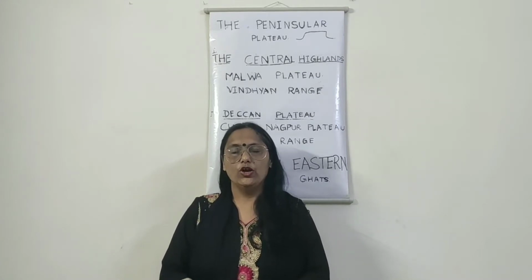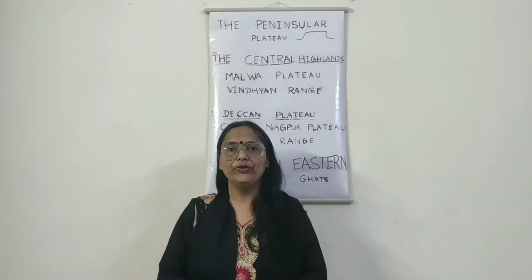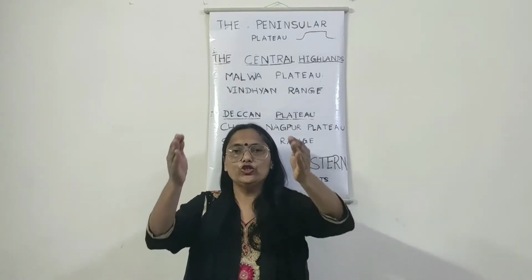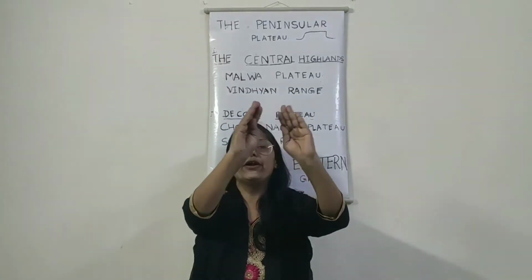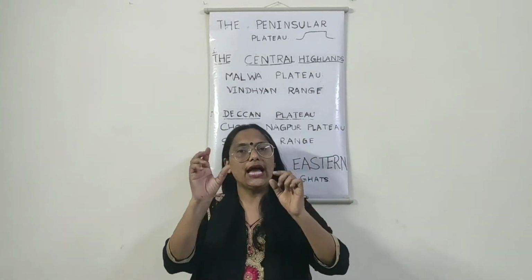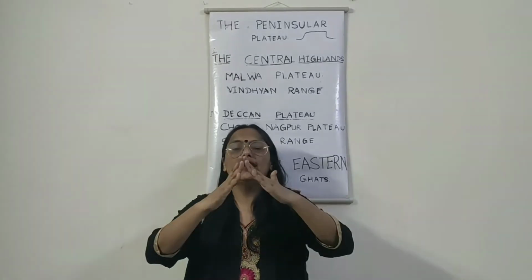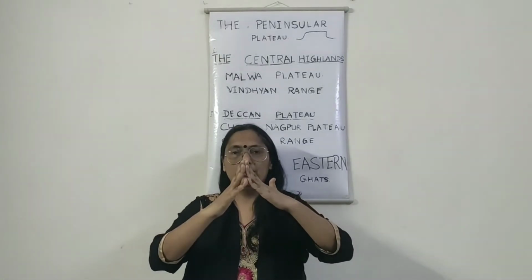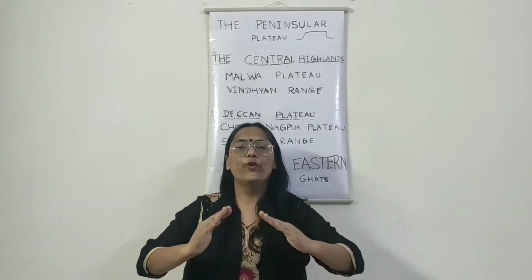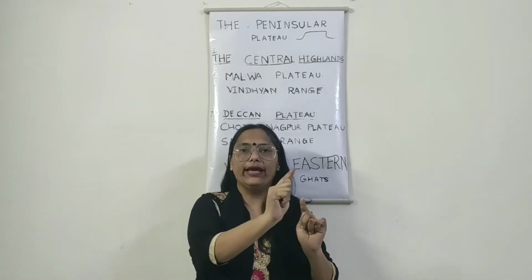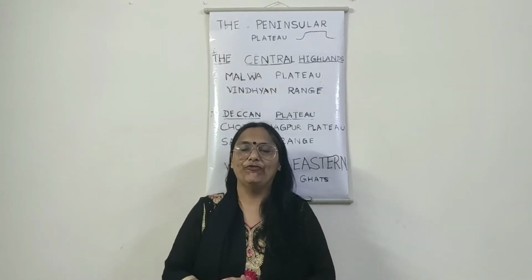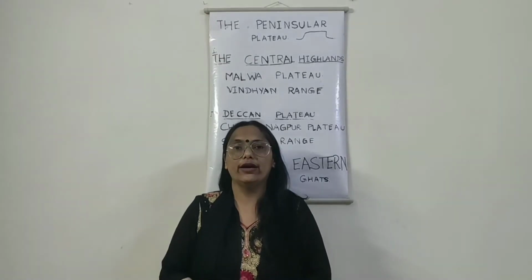Looking at the features of a plateau, we find that the plateau is broad at the base, and at the top of the plateau there are rounded hills. The difference between mountains and plateaus is that mountains have a peak on top, like the Himalayas. A plateau is broad at the base and rounded at the top. Examples are the Deccan Plateau of our country or the Chota Nagpur Plateau.